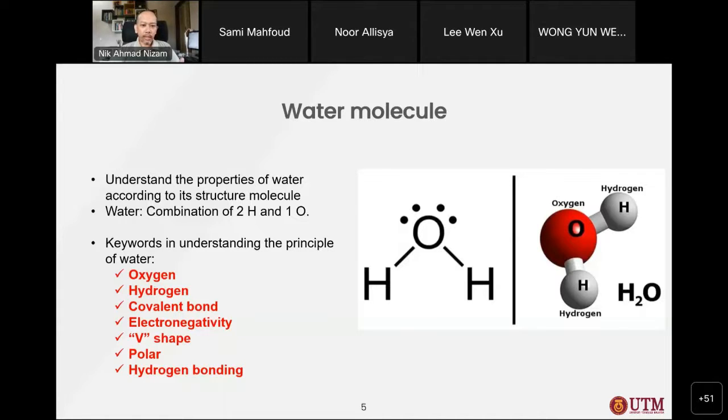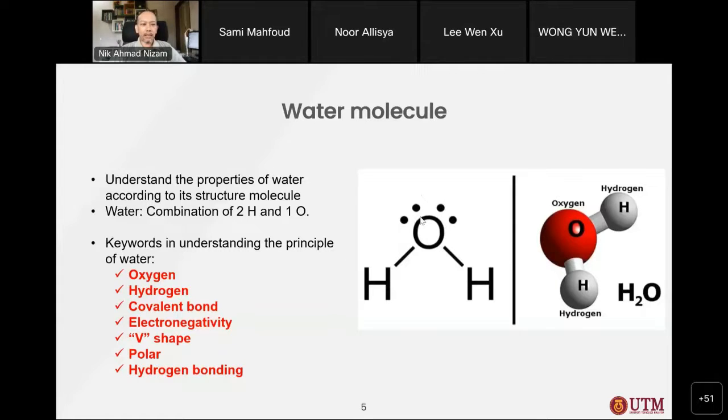One is oxygen, another one is hydrogen, and this water molecule consists of two hydrogen atoms, not two hydrogen molecules. Remember, the water itself, H2O, is a molecule, but the elements are atoms. So we have two atoms of hydrogen that combine with one atom of oxygen. If you can see here, we have an H attached to O, and this double dot here, there is a pair of dots here